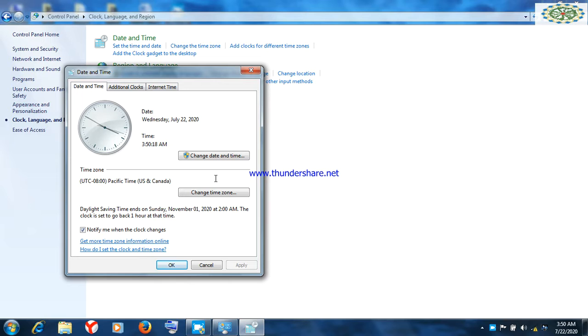But our main focus here is the date and time, and we've already clicked on it. Now under the date and time, we have what we refer to as change date and time and change time zone. Under change date and time is where we are going to correct the date and the time. So we click on change date and time.